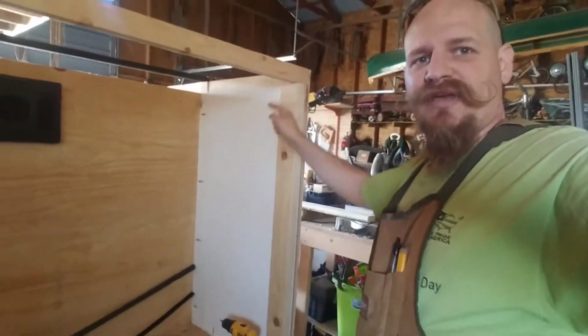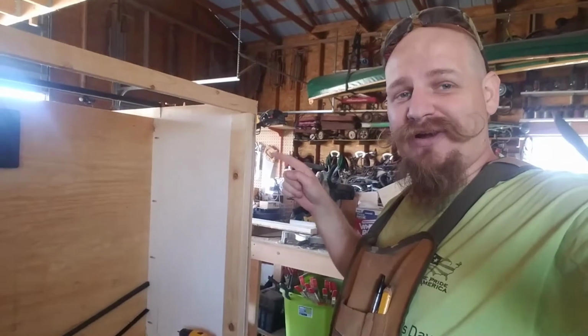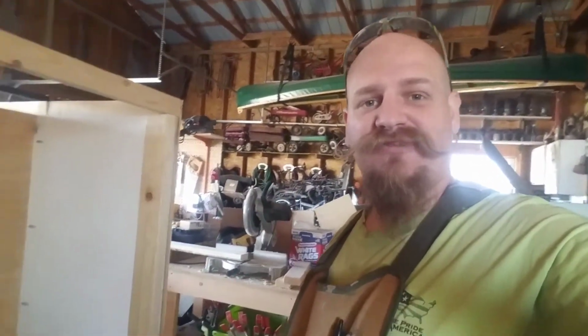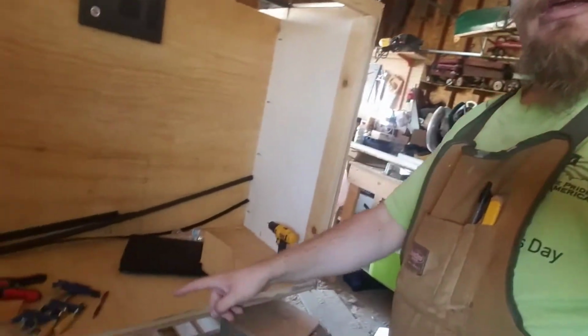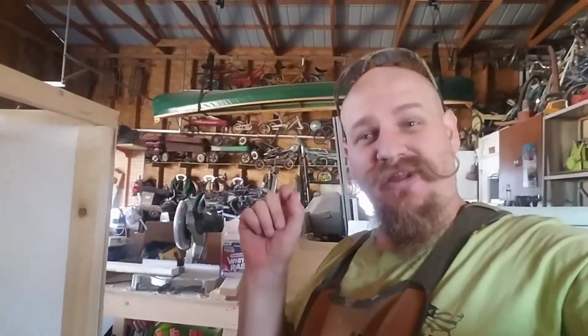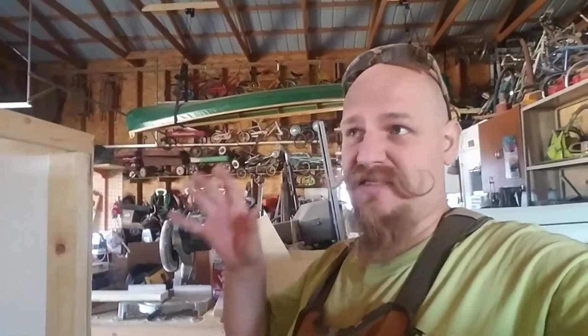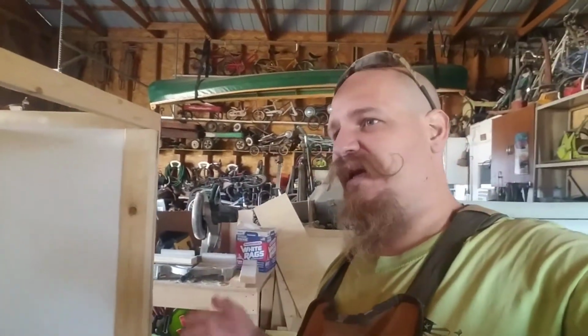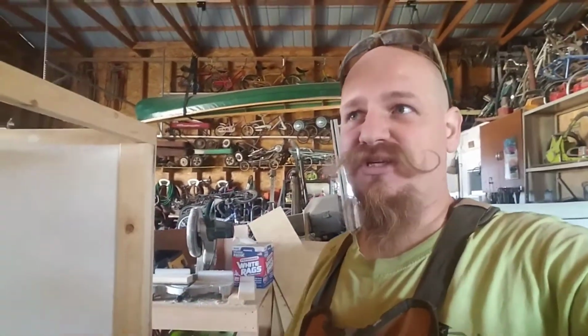Now, this whole thing is not perfectly square. It's like 1/16 or a little bit less off because of the bottom being a little bit smaller than the top is. But the top has to be where it's at because that's what the entire rest of the roof is going to be. So I'll deal with that whole issue once